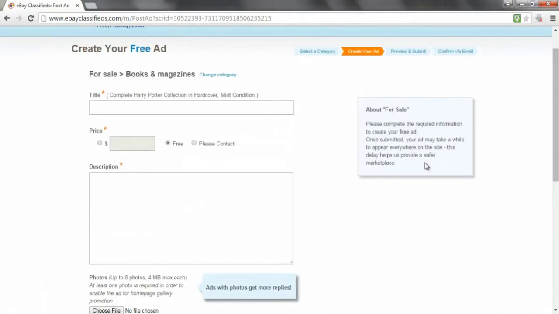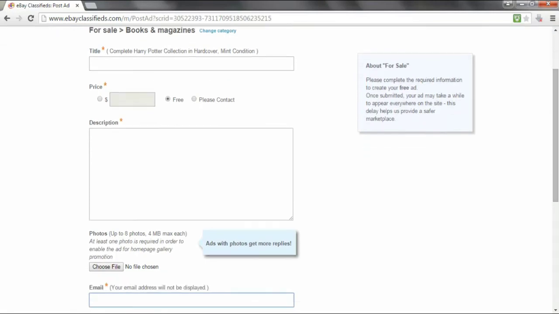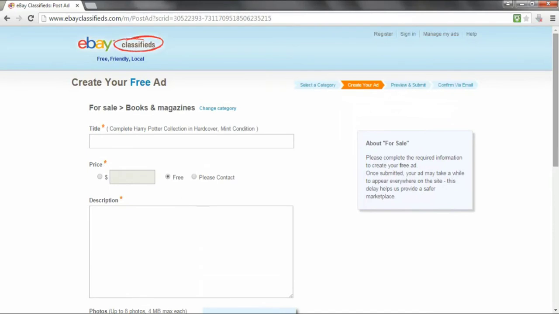It's manually approved, so you have to make the ad look like a serious ad. I would not put the URL personally in the description, but you can try that if you want to. I would personally recommend someone emails you and you shoot them back a link to your squeeze page. So that's how simple it is, guys. Very, very easy, the same way you would use another classified ad website such as Craigslist.